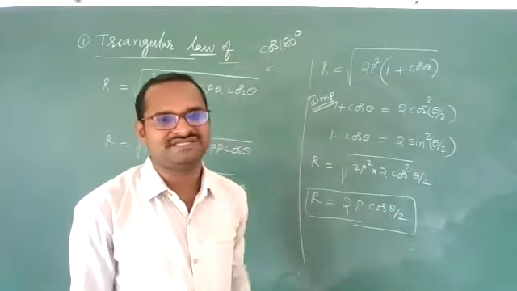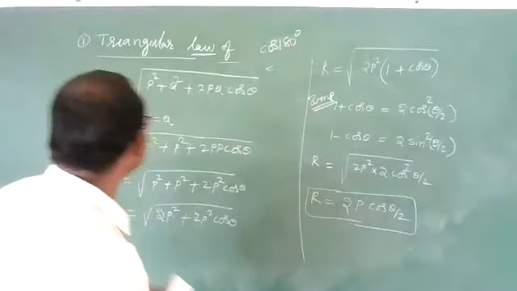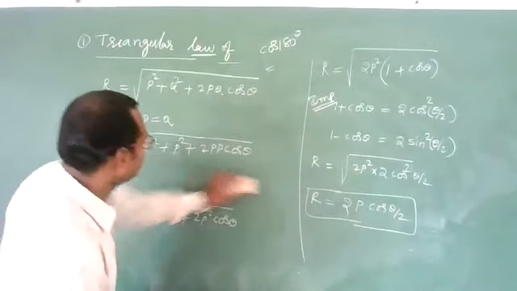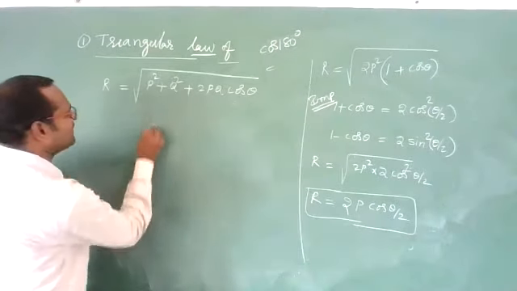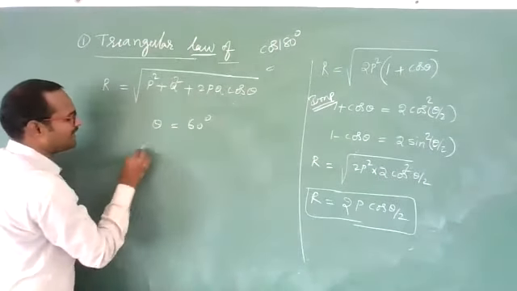Now you check all your previous results. Let us suppose 60 degrees angle is there. How much you got? Theta is equal to 60 degrees is there. You got r is equal to root